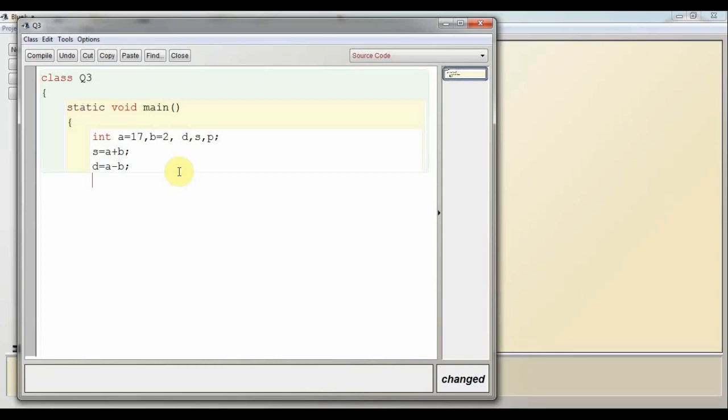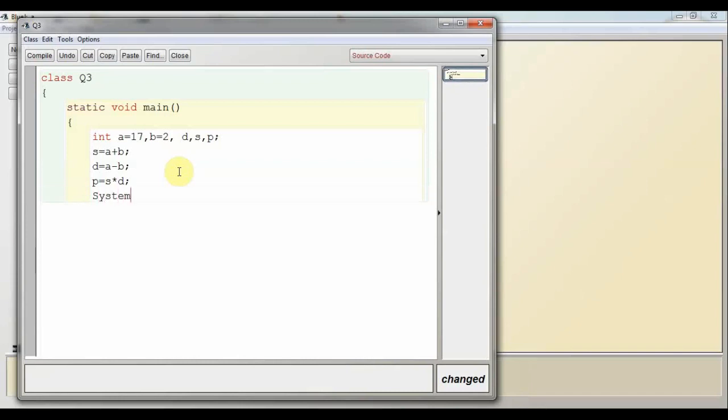Your question is to write a program to find the product of the sum and difference. So you write p equal to the sum, s, and the difference, d. Now we'll find the product. So we'll write s into d. Is it clear?